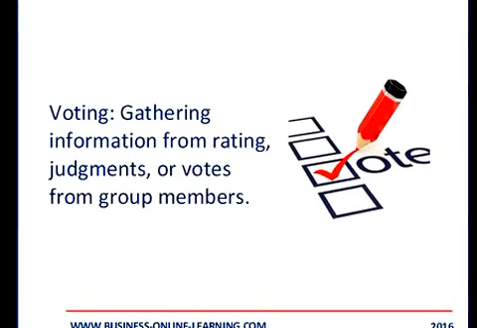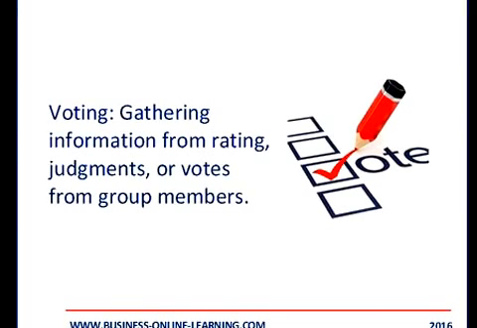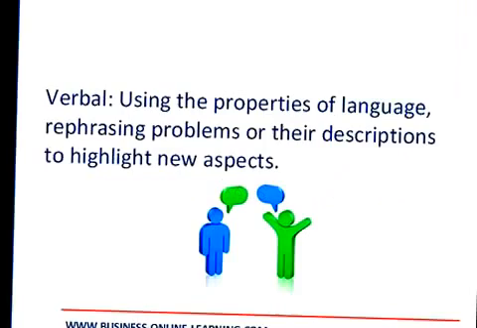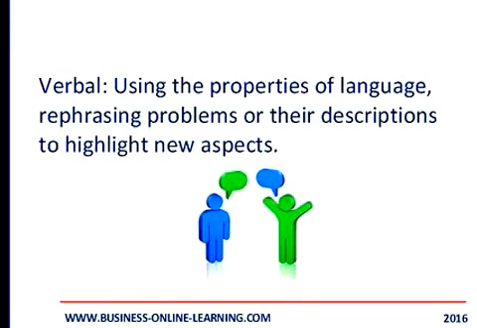One way to solve a problem is to exercise voting. This is to gather the information from a group of people by gathering their rating, collecting their judgments, or indeed votes from group members. Another very creative method is to use verbal techniques, using the properties of language to rephrase